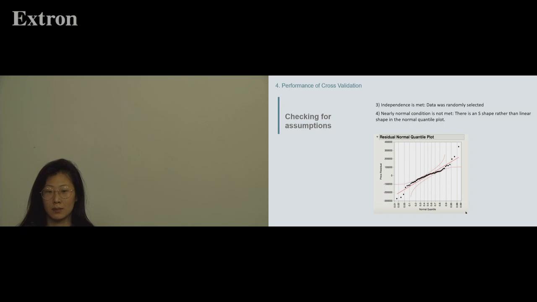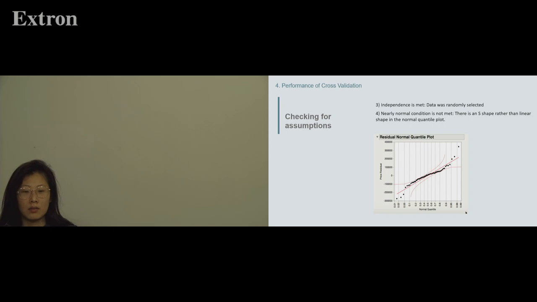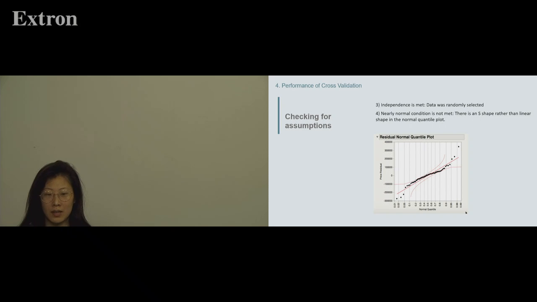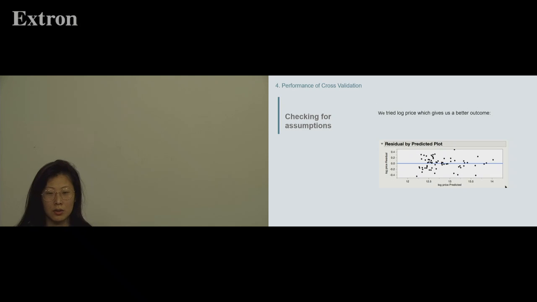The independence is met because the data was randomly selected. And the nearly normal condition is not met because there is an S shape rather than a linear shape in a normal quantile plot. We also tried to use log price, which gives us a better outcome, but we moved forward with our